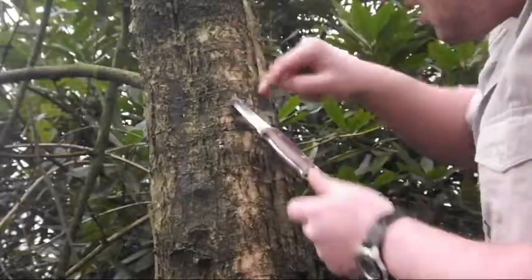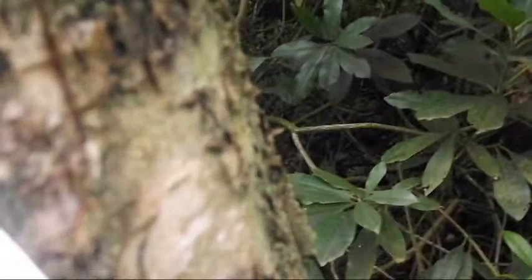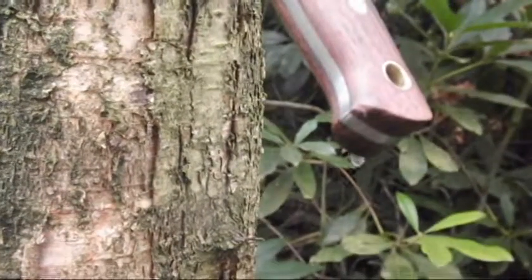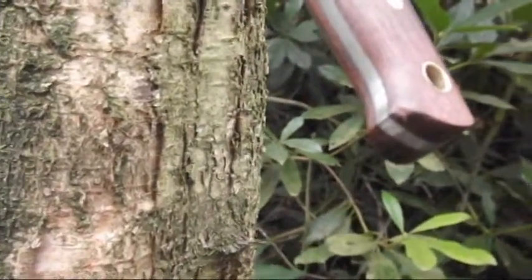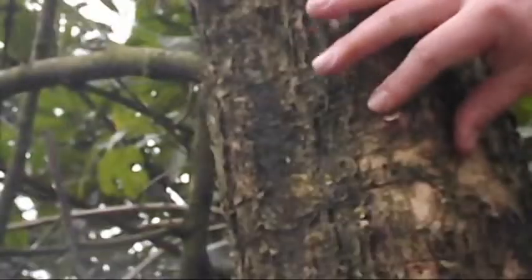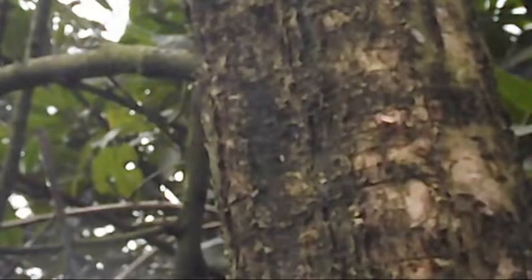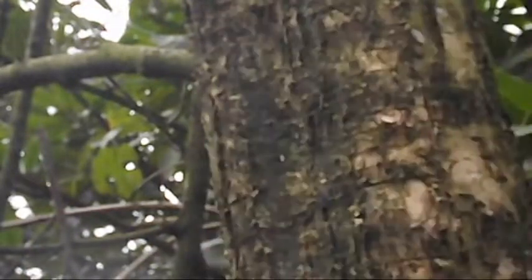Now I don't know if you can see, but already the sap's dribbling right off that knife. So we're getting quite a lot of sap out of that. And then all you have to do is, using a stick,